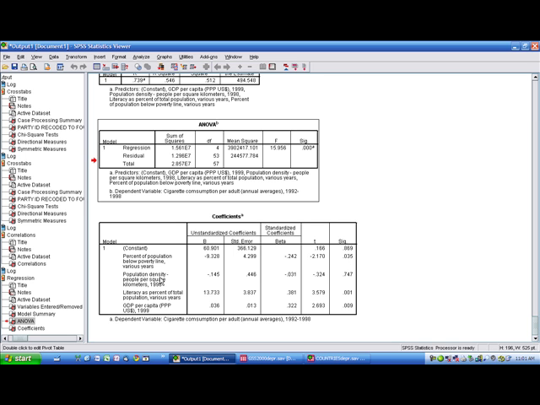If we look at population density, we get the regression coefficient, we see its standard error, and we see the t-value, which is just that divided by that. And again, this is too small, it's not even close to 2, and in fact our p-value is 0.747, so we're definitely going to accept the null hypothesis that there's no relationship in the population. If we look at the literacy rate, there's our coefficient, standard error, t-value, and this is significant at the